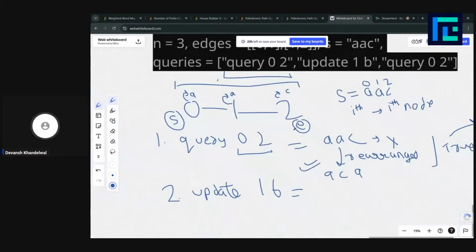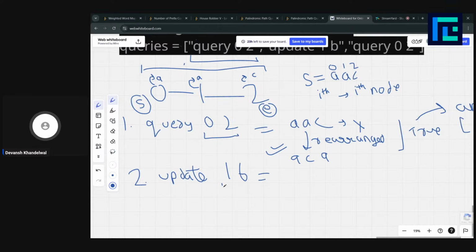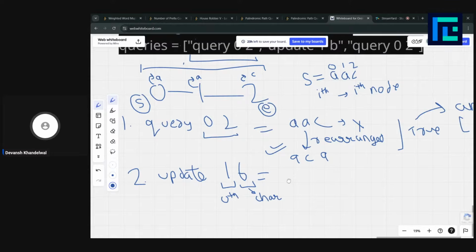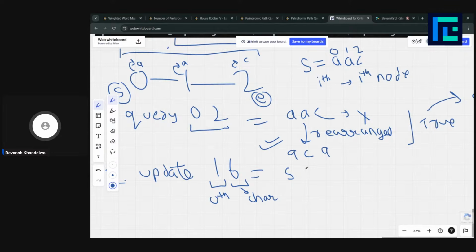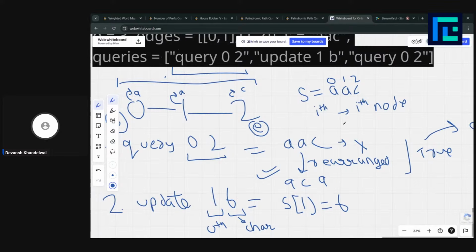Okay, great. So the index we are given is this one, this is our uth index, and this is our character C. So basically we need to update S1 to B. So this A would change, and this string would be updated to A, B, and C. 0, 1, 2.